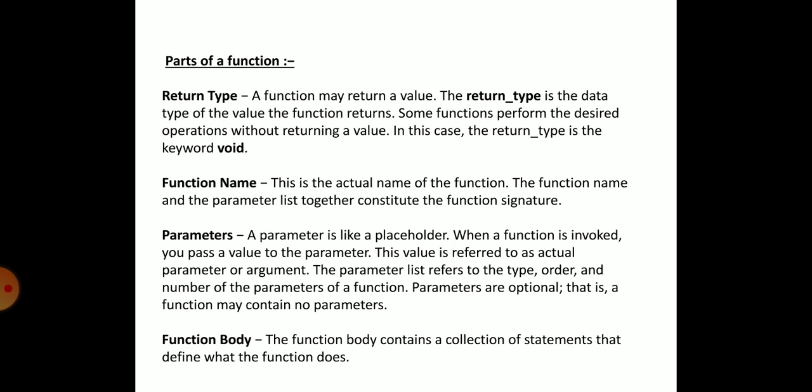Then the function type specifies the type of the value. It can be either float, double, or anything else. If it does not return any value, it can be specified as a void type. Then the function name can be any valid identifier. So, we must follow the same rules of formation of identifier.